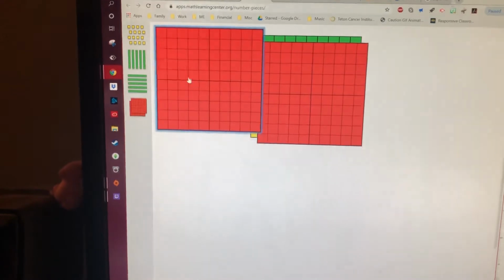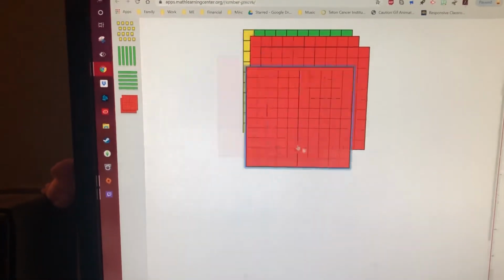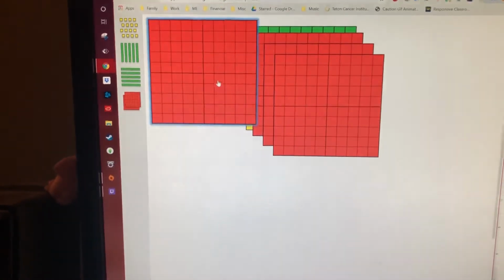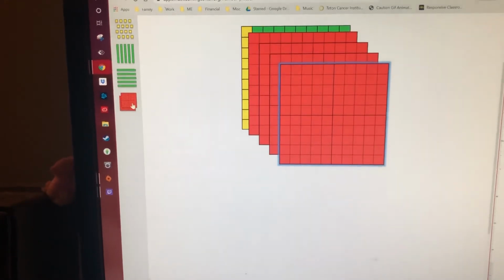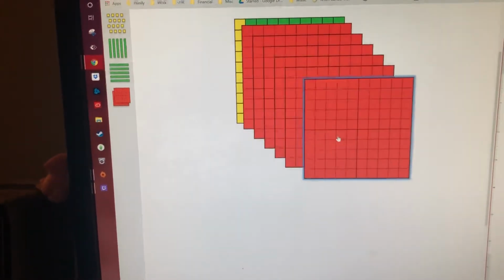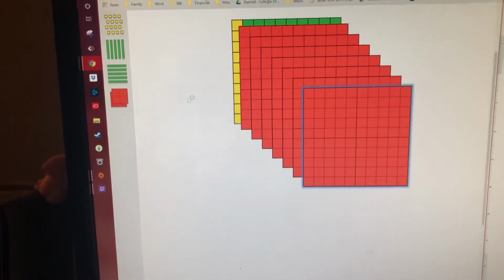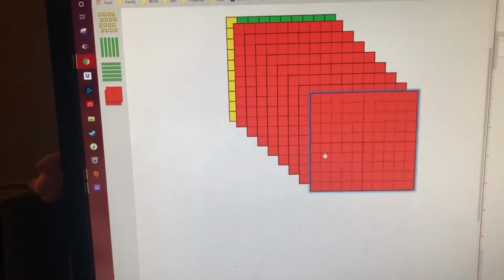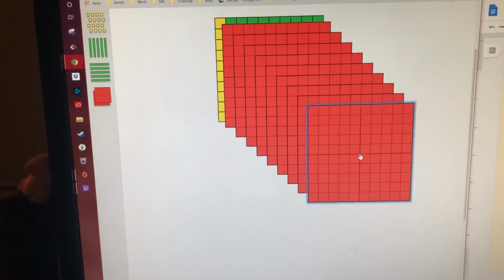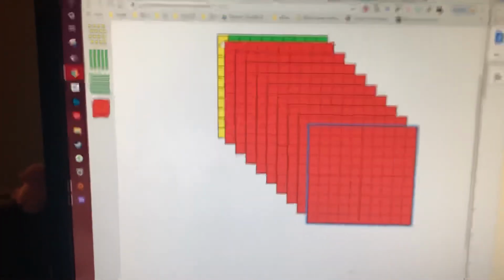2, 300, 400, 500, 600, 700, 800, 900, and 1,000. So we went from 1 cube,